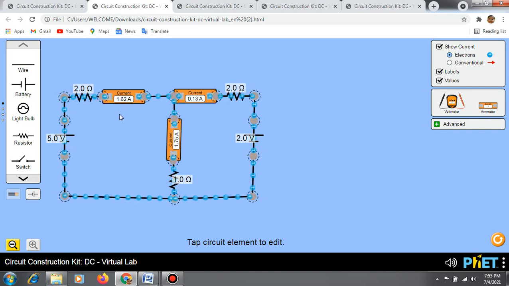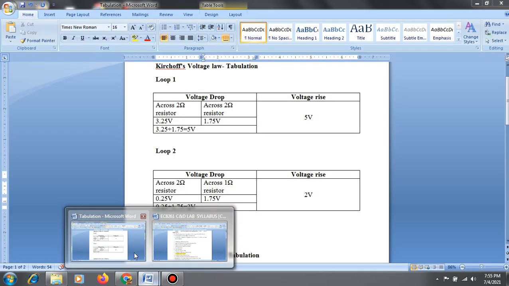You can see the current for this branch is 1.62, for this 1 ohm branch 1.75, and for this branch 1.13 in the ammeter reading. Okay, so you just tabulate all these values in your tabulation.